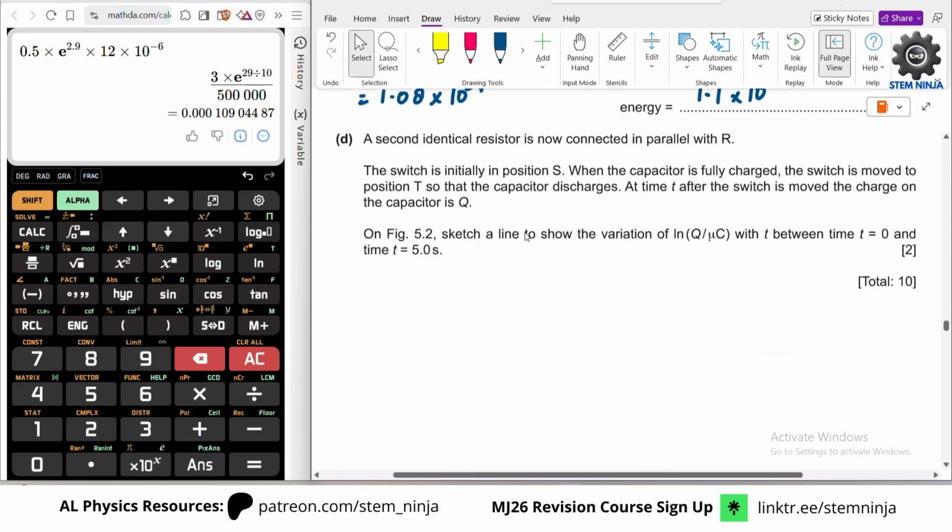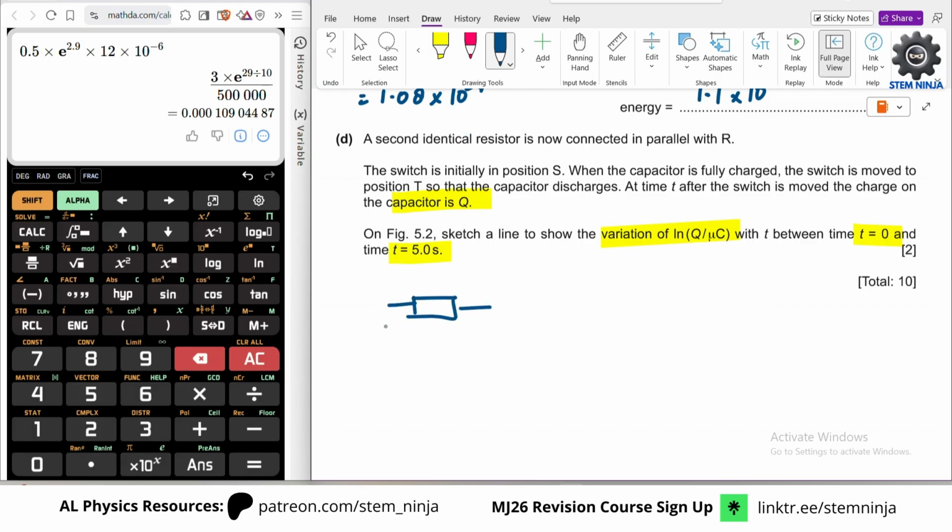A second identical resistor is now connected in parallel with R. The switch is initially in position S. When the capacitor is fully charged, the switch is moved to position T so that the capacitor discharges. At time t after the switch is moved, the charge on the capacitor is Q. On figure 5.2, sketch a line to show the variation of this between t equal to 0 and 5 seconds. Okay, to understand that,